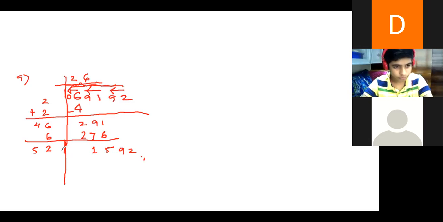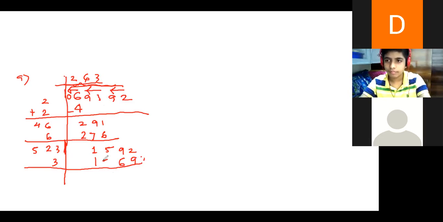1592. Now if I take here 3, 5 3s are 15, can. Yes, sir. 1569. Correct. 3 3s are 9. 3 2s are 6. 3 5s are 15. This we have to subtract. So 5 2 6 and 23. So I think 524 into 4 will also come, I guess. No, this is only correct. 524 into 4 is a larger number.